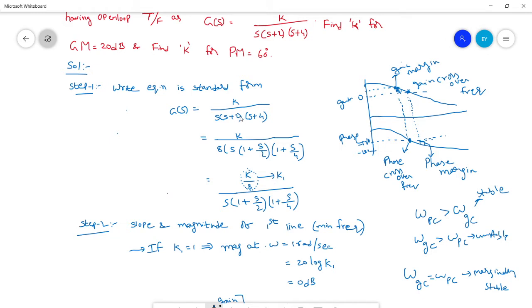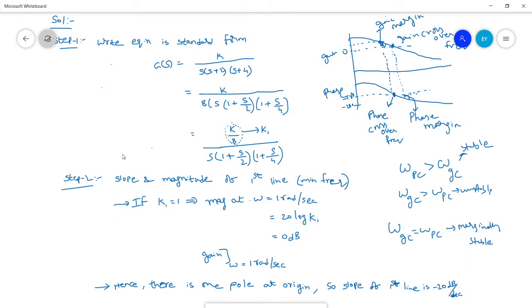We are taking the terms of 2 and making it terms of s plus 1 this way, right? So we will take this 8 in the numerator, so it will become k by 8, and whatever the denominator term is left. Right? So the second step is to